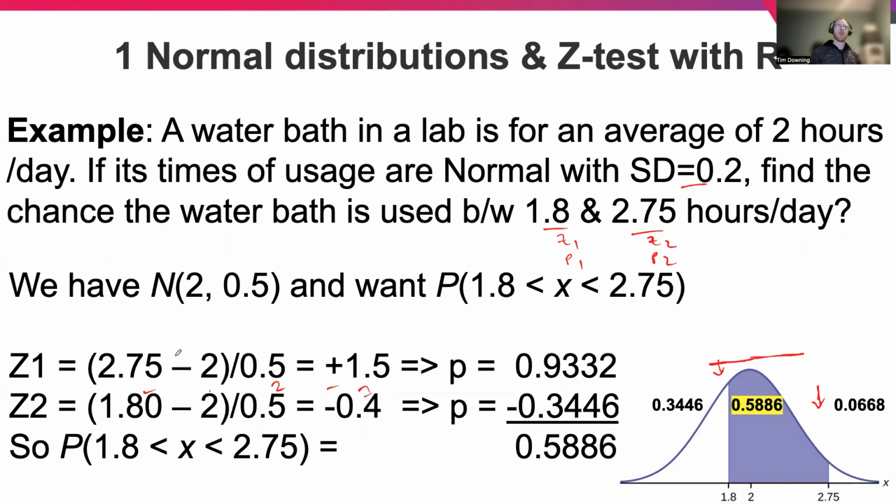And then if we do our second calculation, 2.75 minus 2 over 0.2, which is 3.75. So these p-values may not be correct, but you'd expect that 3.75 to be about 0.995 or so. And this one, if it's minus 1, is going to correspond to, we know already, that's going to be